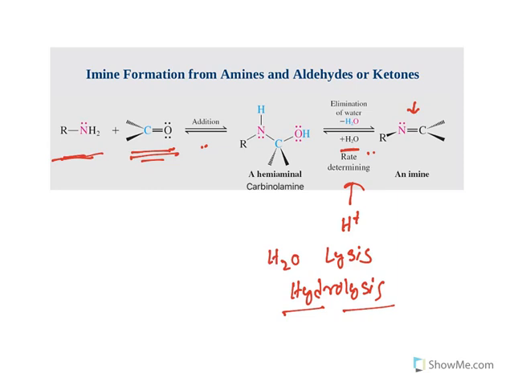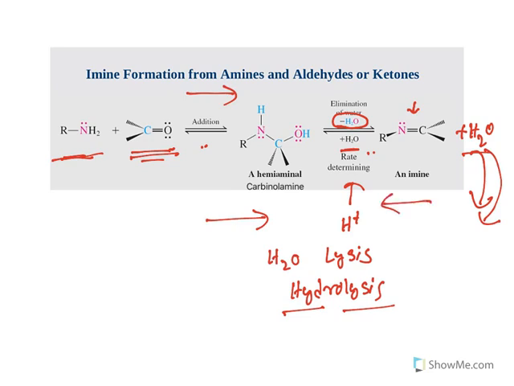Because this is a reversible reaction, you can manipulate the reaction direction. Now, one way to proceed in the forward direction is by removing this water. You know, the product also forms water. If you continuously take out this water, the Le Chatelier principle we have seen in the last lecture, the reaction will be pushed in the forward direction. If you add water, it comes back to the starting products. This is how the reaction direction can be decided.